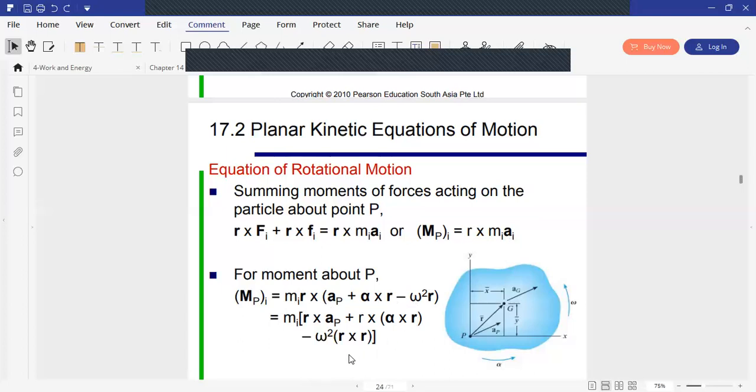But you know that r vectorial r is equal to what? What is r vectorial r? Zero, because it is a cross product of a vector with itself. So this term will cancel out. If I continue,